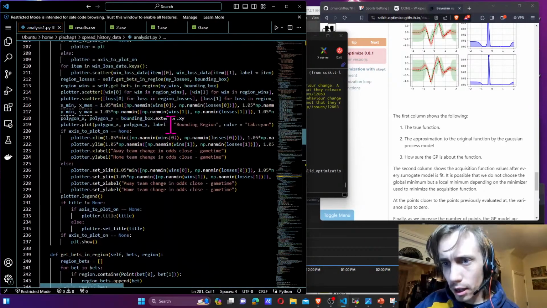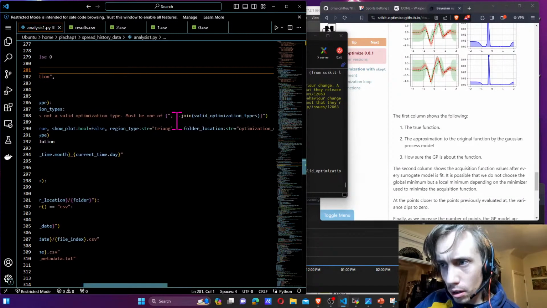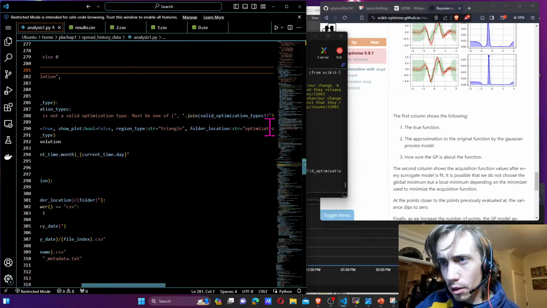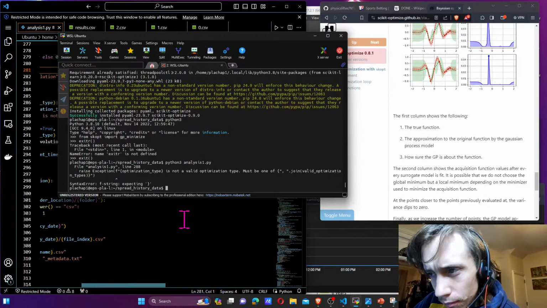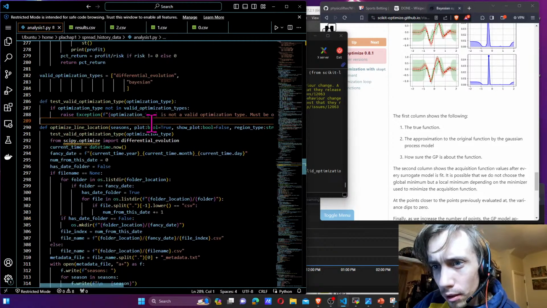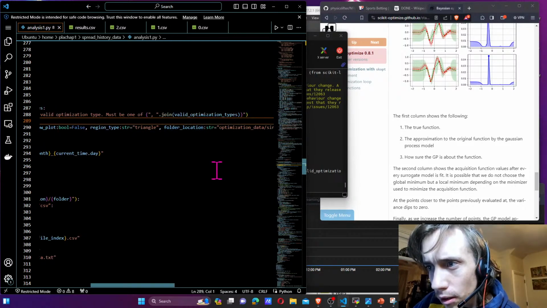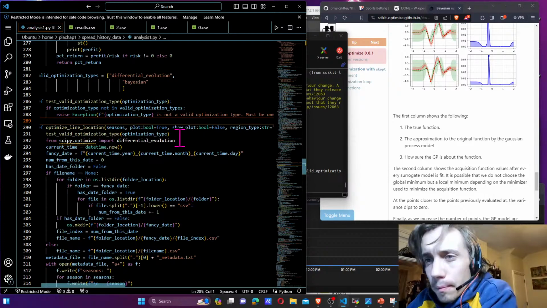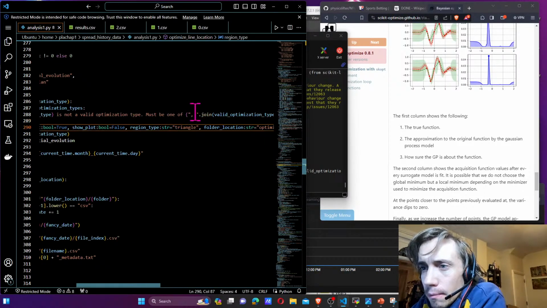Expecting an end to the F string. Where's the issue? 288. Optimization type is not a valid optimization type, must be one of. What? Must be one of. Oh, it's because I used